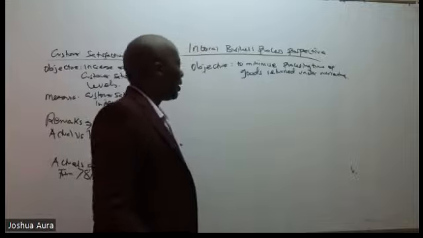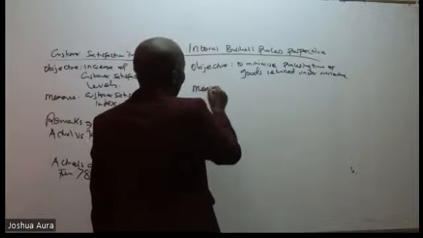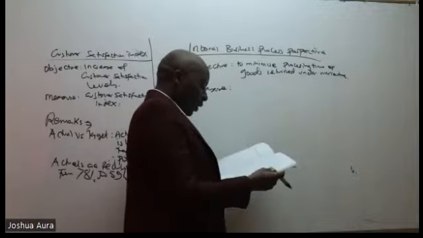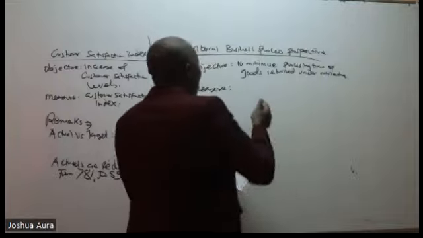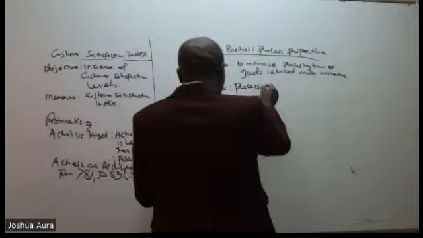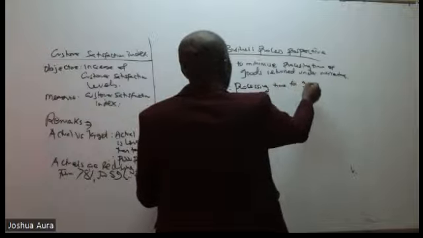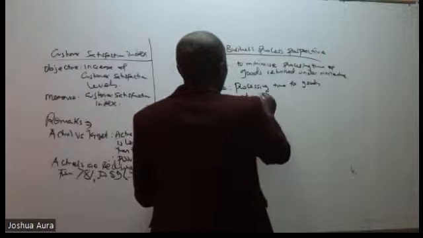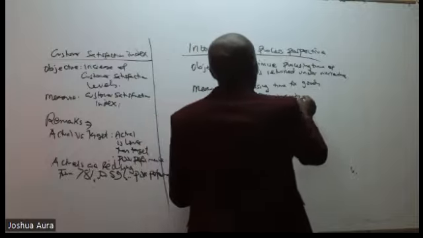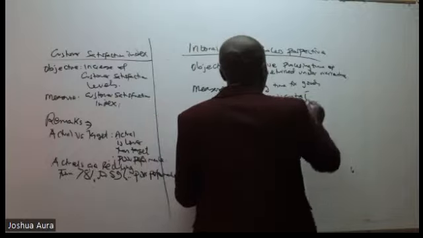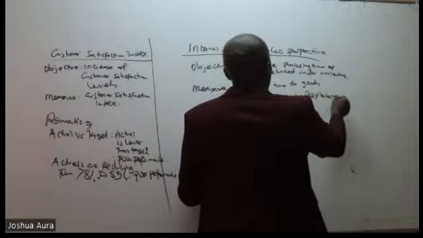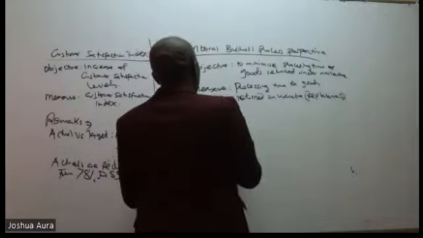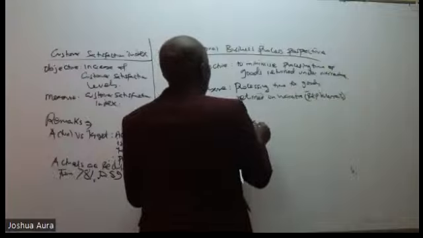That's the objective, right? So in this case here, what is the measure? The one given in the question, just the same. I write it the way it is: processing time for goods returned on warranties, in brackets replacements. So go to the general remarks. Compare the actual vis-a-vis target.